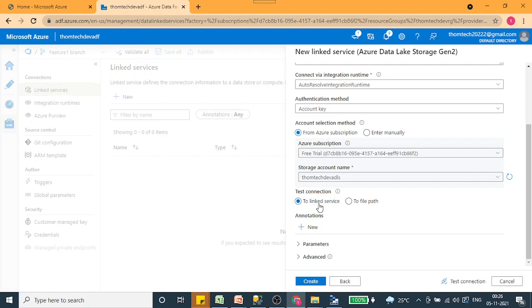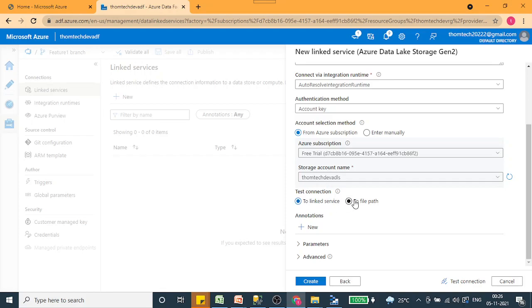So when our ADF has full access to the storage account from the root level, then probably we can select this. But in some scenarios, in some organizations, we might have to create a link service to an Azure data lake that is outside the resource group in which this ADF is residing. They are not going to give us full access to that data lake. Instead, they will provide access to the topic or the container.